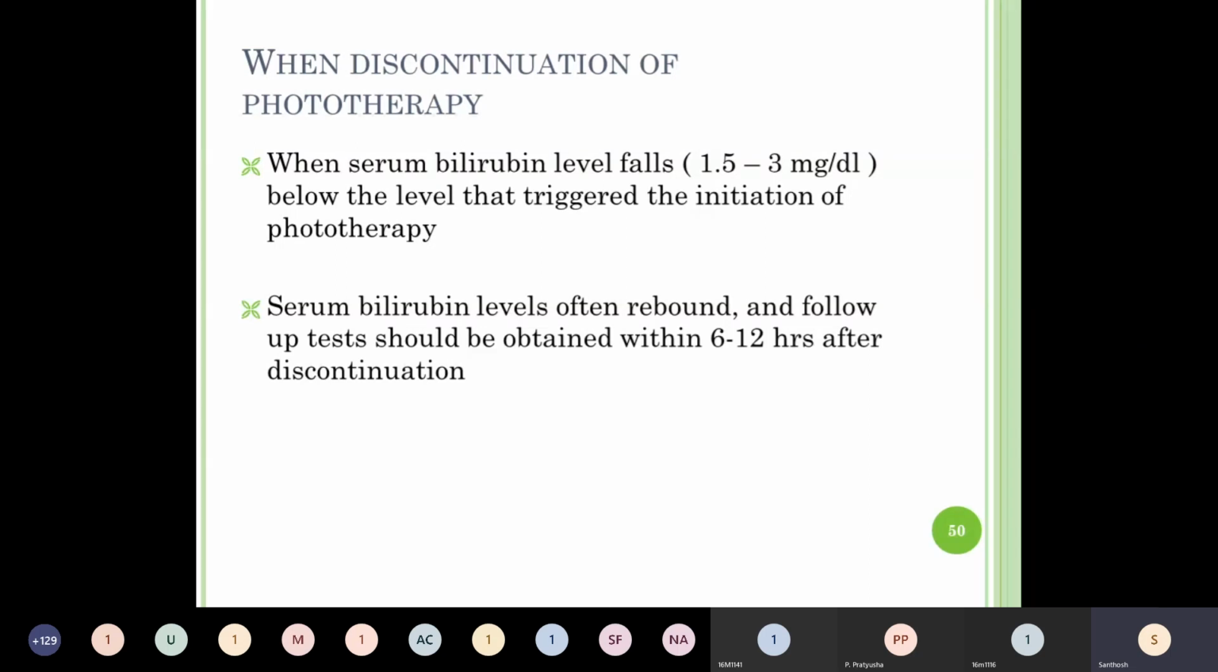So when do you discontinue phototherapy? If the serum bilirubin falls 3 milligrams below the level which triggered the initiation of phototherapy, you can stop the phototherapy. Sometimes there can be rebound hyperbilirubinemia. So you need to take a sample 12 to 24 hours after discontinuation to see if there is